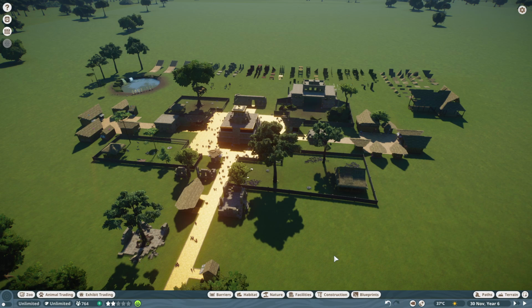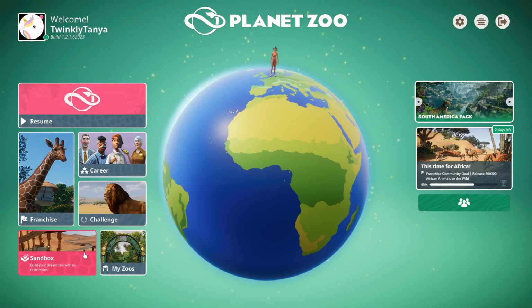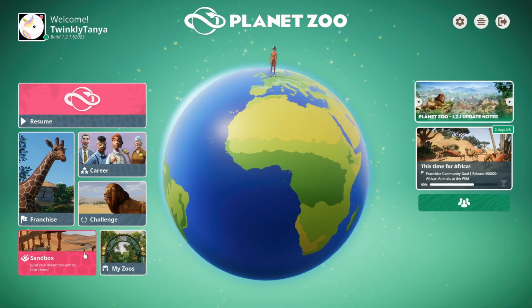So the Arctic pack came with 2 scenarios. I was hoping that this pack would also come with new scenarios, but it didn't. But instead, we got something else, and I will hop out of this zoo and hop into the next and show you that thing. Okay, so for the last thing that is new, and it's absolutely amazing,